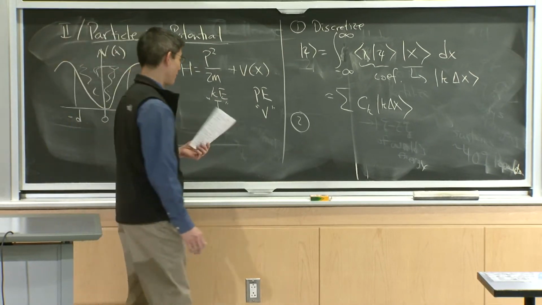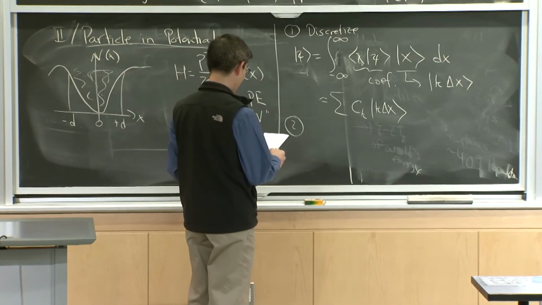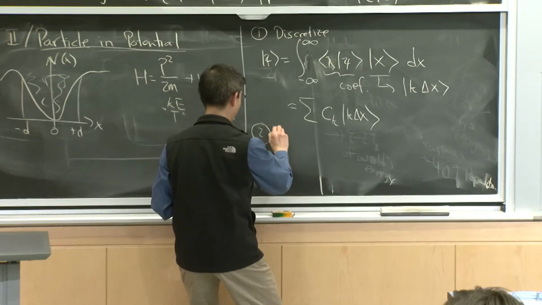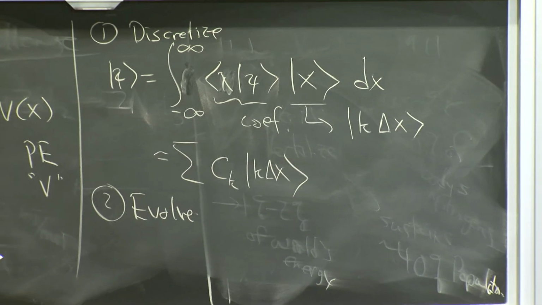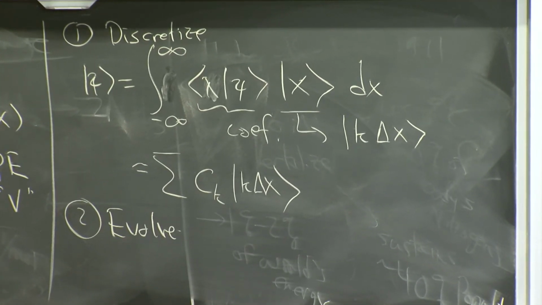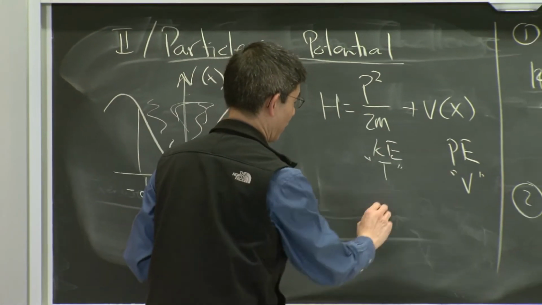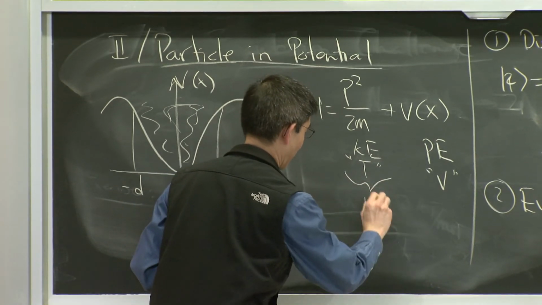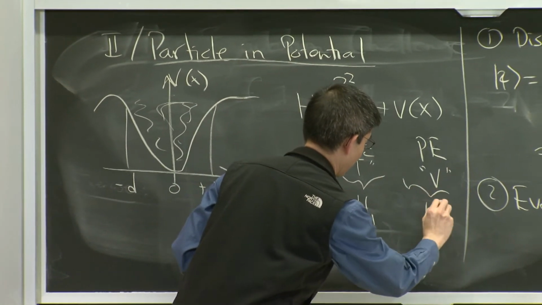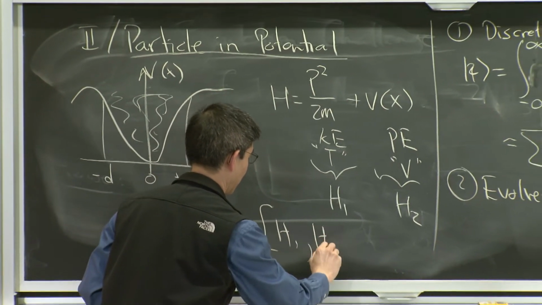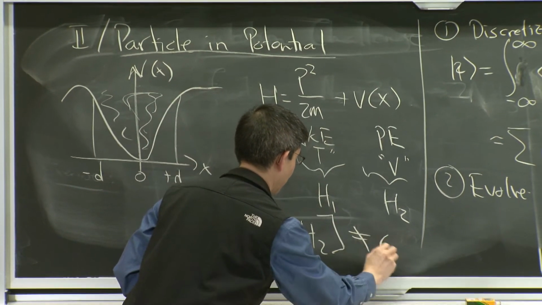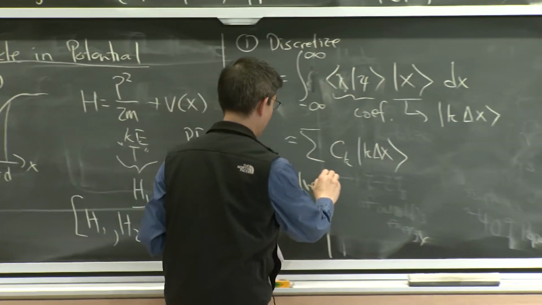The second thing that you do is to be able to simulate the Hamiltonian. So you evolve the system. Now, how does one evolve a system under a Hamiltonian? The problem is that this Hamiltonian here is comprised of two parts, H1 and H2, and they don't commute. So I cannot